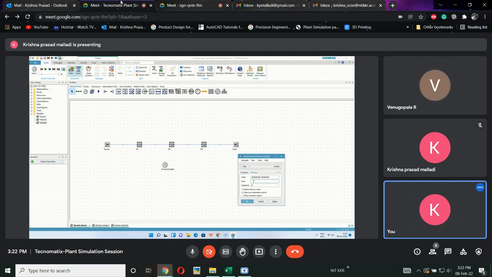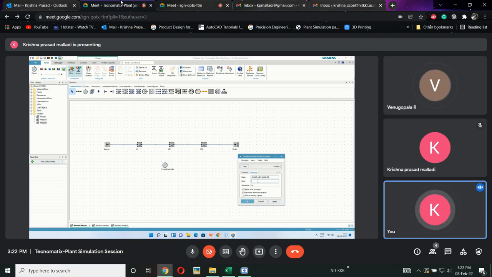In the settings tab, there is a date, which means I can define the date, today's date or tomorrow's date. Maybe I want to run this model after 6 months. This is a new model, so I can define that date here. So date doesn't matter, the date is just for representing the date here. So end is how much time I want to run the simulation, that can be defined here.